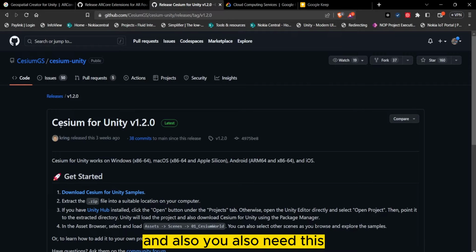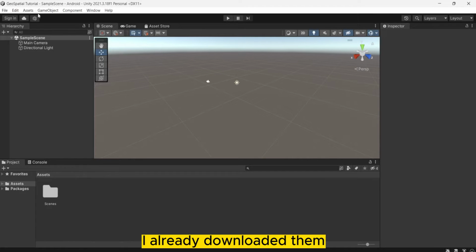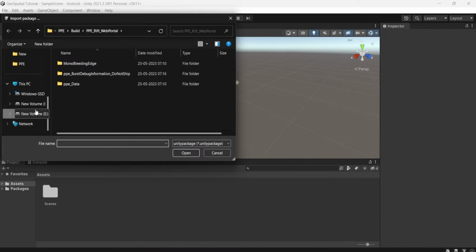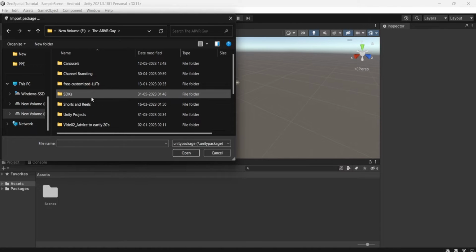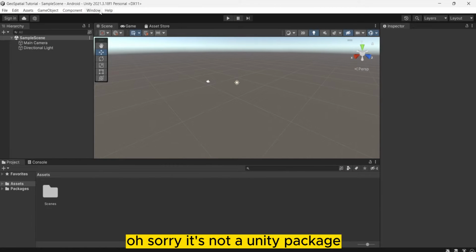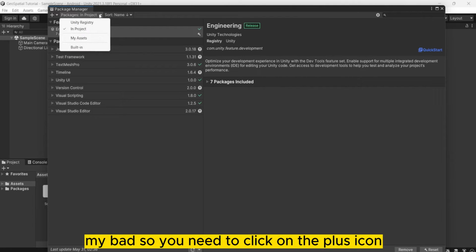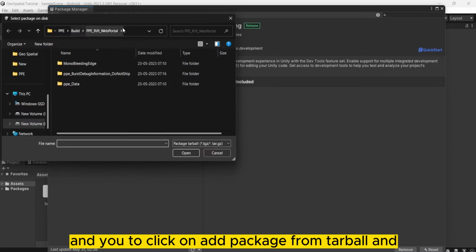And we also need this package called Cesium for Unity. And same here, you need to download this and keep it somewhere. I already downloaded them, and I'll be importing them now. Oh, sorry, it's not a Unity package. You have to import it from the Package Manager. My bad. So you need to click on the plus icon, and click on add package from tarball, and